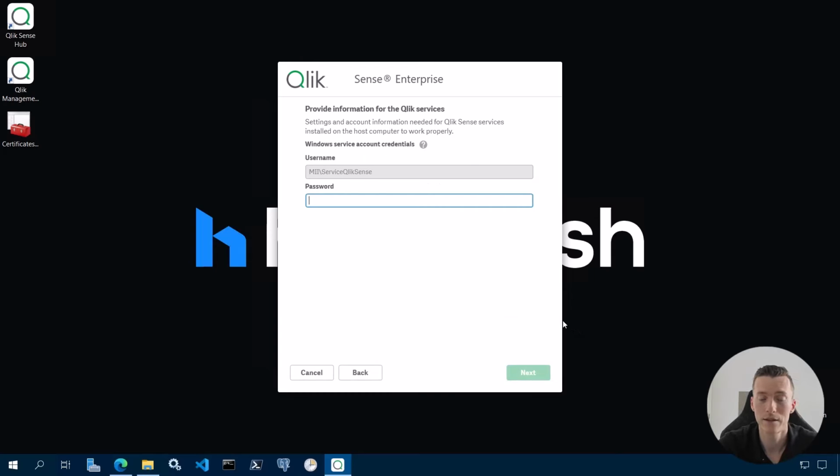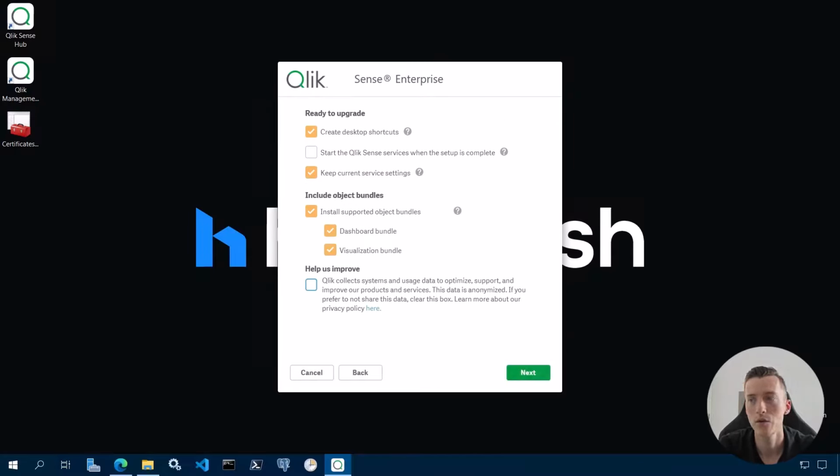and click the next button. So here it asks for the password for your service account, the service account that's running your Qlik Sense services. So go ahead and enter it here now, and then click next. So also, if you are running your Qlik Sense server with a bundled installation of PostgreSQL, you will see another screen asking you for a password for your Postgres account. If you do, go ahead and enter the password for the Postgres account and then click next